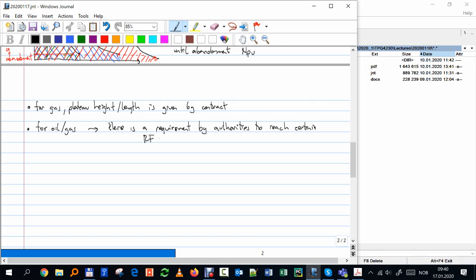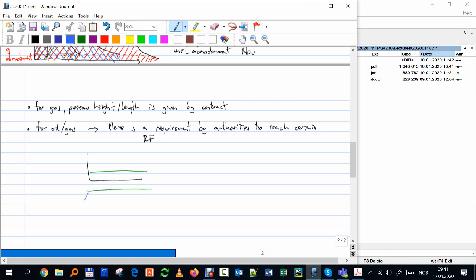Okay, so they say, at least on average on the Norwegian continental shelf, I have a recovery factor of so much. You have to aim to reach that recovery factor. So how does the plateau rate affect recovery factor? Why can changing the plateau rate have some effect on it? Okay, if you look at a very simplistic case, assuming we have one well producing more or less,